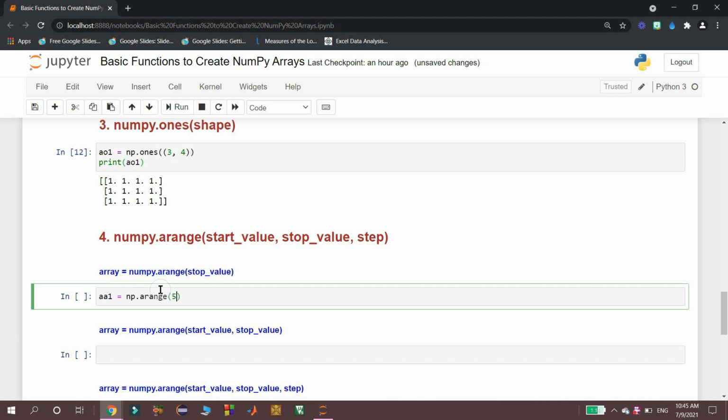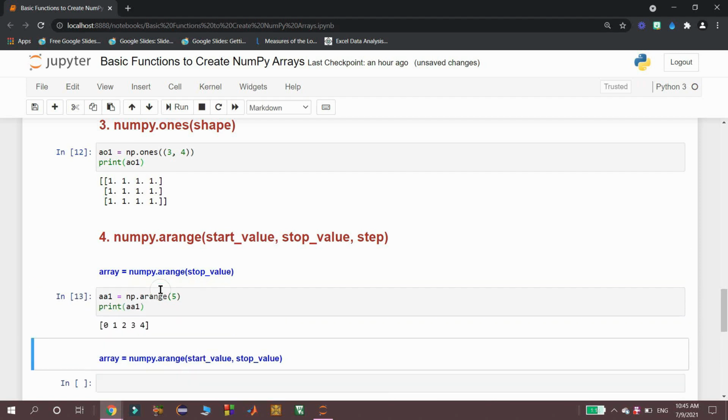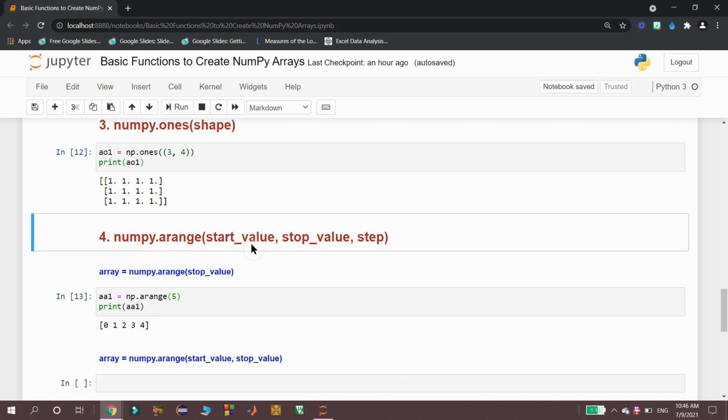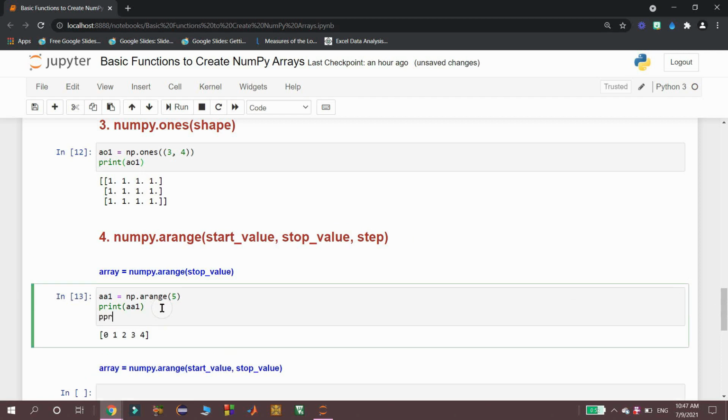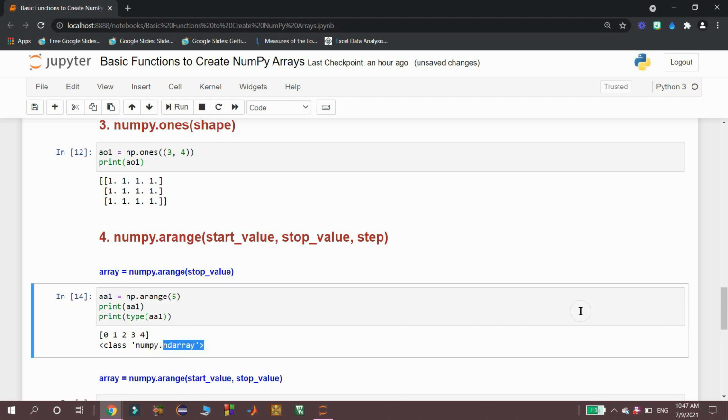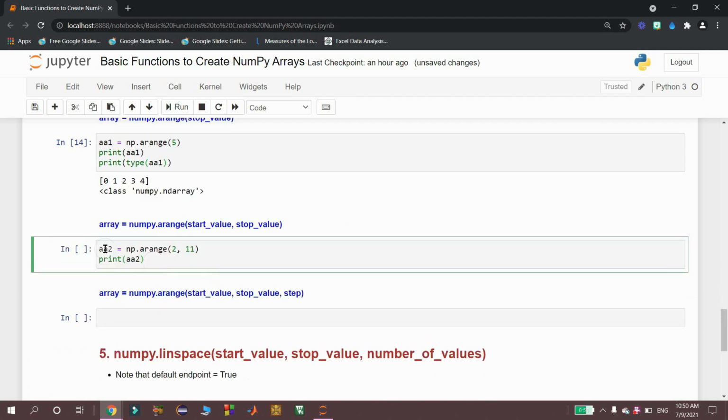I am using 5 here. Then I am displaying AA1. Then we got a NumPy array with elements 0, 1, 2, 3, 4. Guys, note that arange function stop value is always excluded in the range. Then if we display the type of AA1, you should get ndarray. We got it.